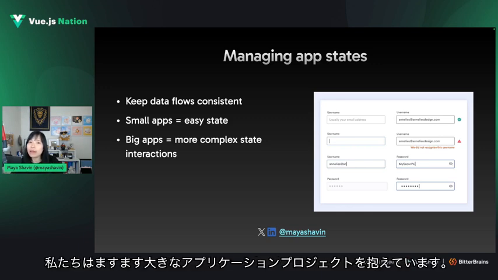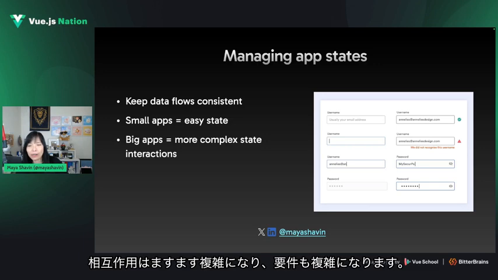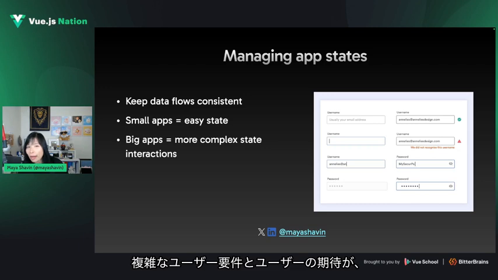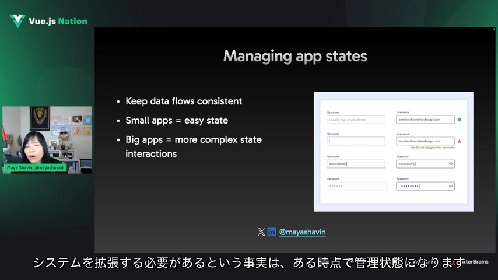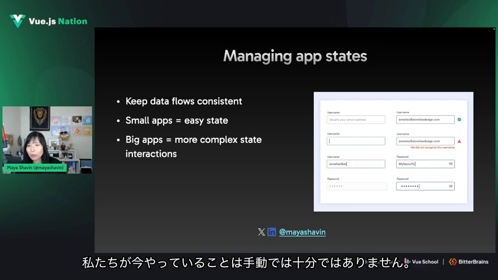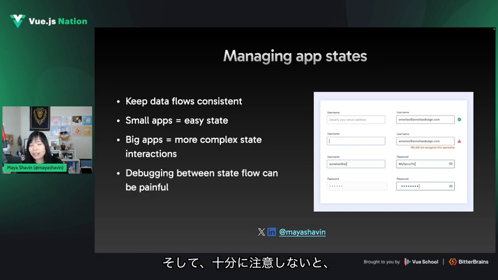evolves, and once we have bigger and bigger application projects in our pocket, there are more and more complex interactions, complex requirements, let's say complex user requirements and user expectations. And that leads to the fact that our system needs to scale. And at some point, managing state manually, what we're doing right now, what we're building right now, is not enough. And that makes us come to the fact that if we're not careful enough, we can end up in